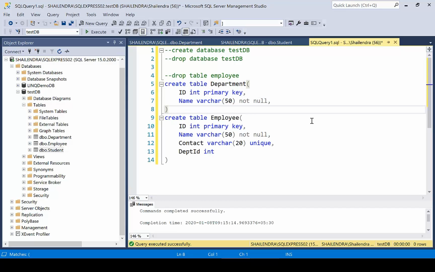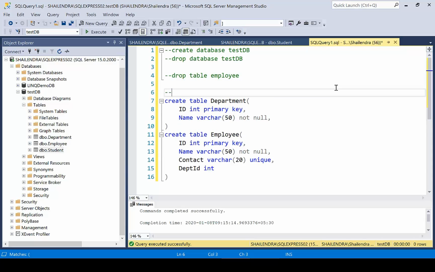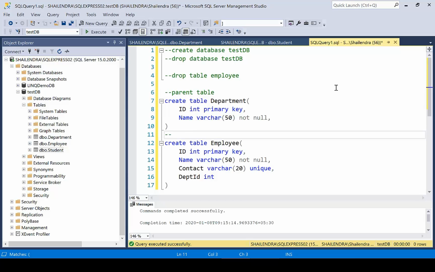So these are the two tables, department and employee. If you understand this properly, one is the parent table and the other is the child table. So make sure you first create the parent table, then you create the child table.